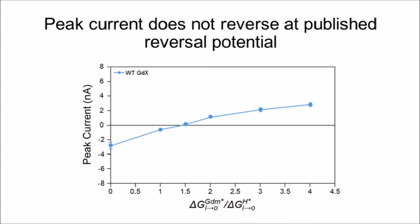Now, this isn't necessarily all too surprising, because at the end of the day, peak current is more or less a kinetic parameter that often is related to the general activity or turnover rate of the transporter. So this could be convoluted by not just transport currents, but as